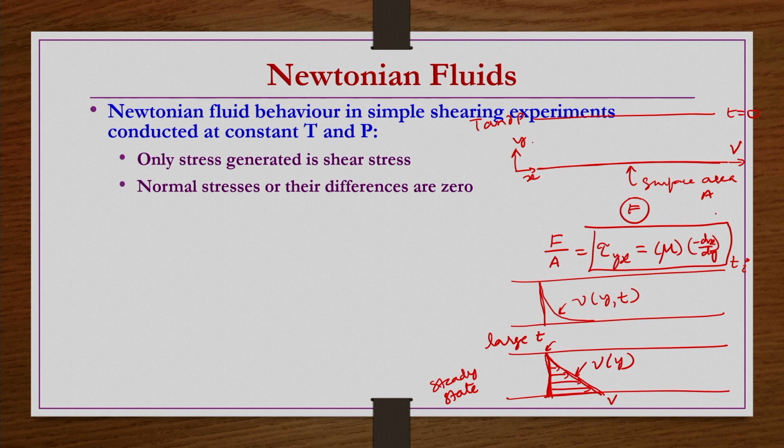Then whatever the proportionality constant is there, we call it the viscosity. Right. So, this shear rate in this case is negative, as y increases the velocity is decreasing. So, the velocity gradient is negative. That is the reason we have the minus dVx by dy, and this we represent by gamma dot y x. So, for a Newtonian fluid, tau y x is equal to mu times minus dVx by dy, or tau y x is equal to mu gamma dot y x. This is what we have. This is for a simple one dimensional motion.